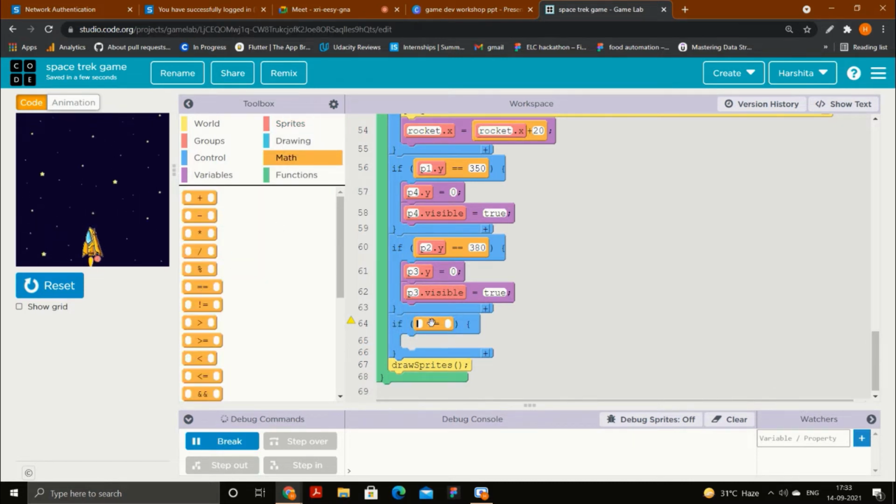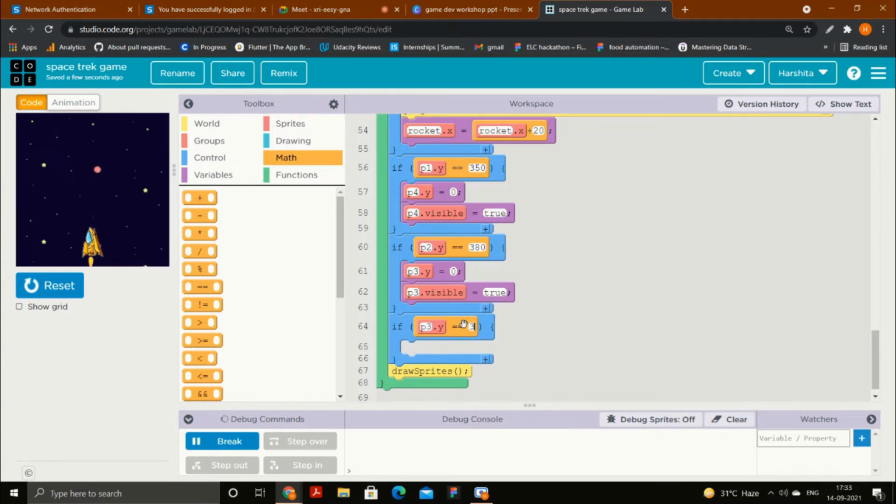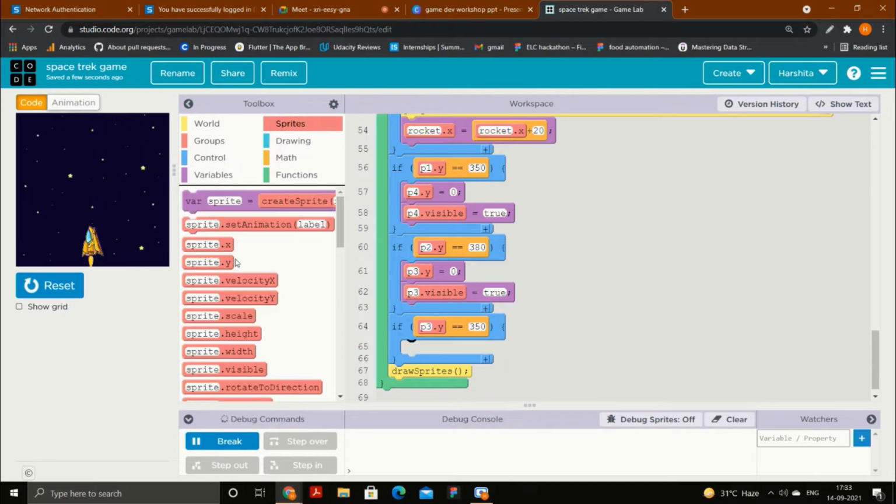And let's say if P3.y comes approximately near to 350, then I want that P1 should again come from the top. And see, P1 is already visible, right? We didn't set visible false for P1. That's why we don't need to set P1.visible equals true here. Why? Because P1 and P2, these two planets, are already visible from the beginning. So we will not set it for that.